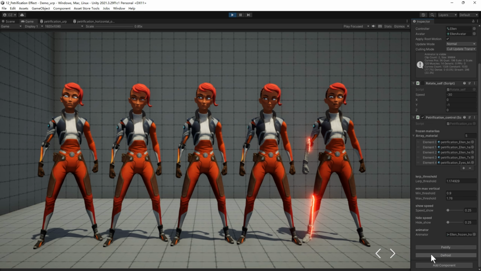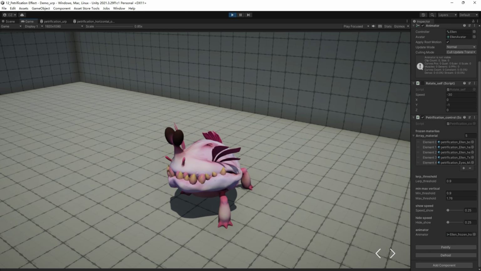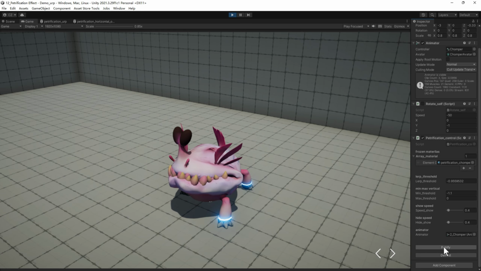Another great thing is compatibility. This asset works perfectly with URP, HDRP, and the built-in render pipeline, so you can drop it into almost any